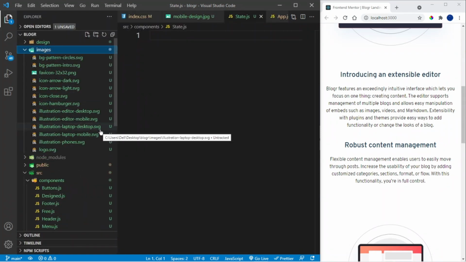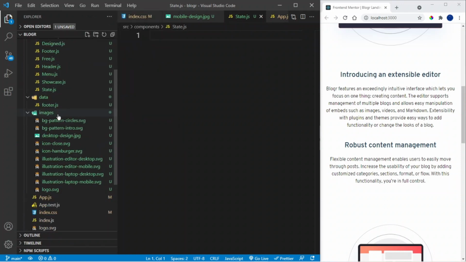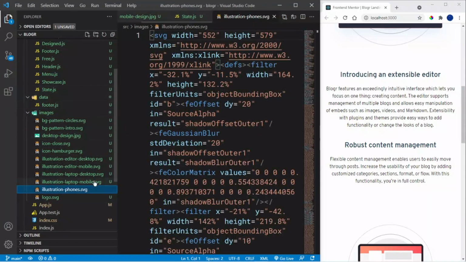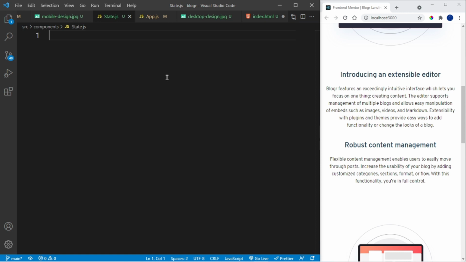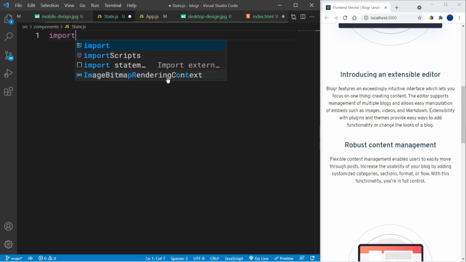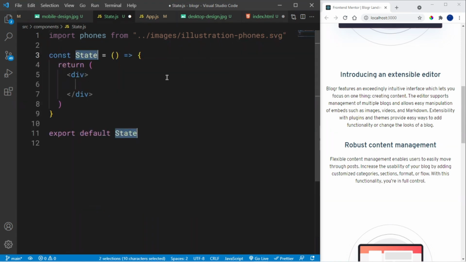So the image inside here is called illustration fonts. That should be it. So just copy this. Okay, copy this, and then let's go inside our images folder here and then just paste it in, and it's called illustration-fonts.svg. So I'm going to say import fonts from /illustration-fonts.svg, like so. Then I'm going to say an arrow function, and then return a fragment first of all,